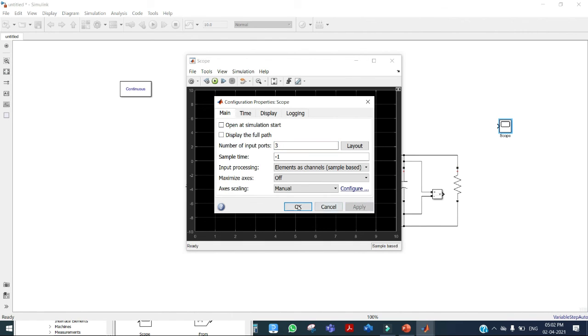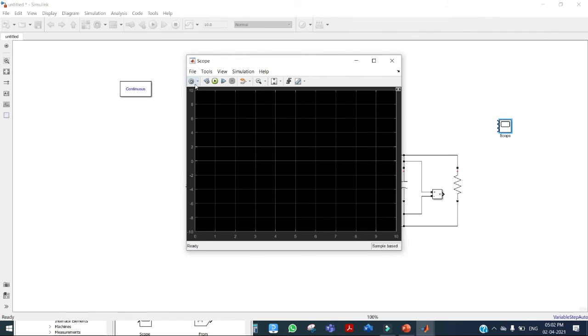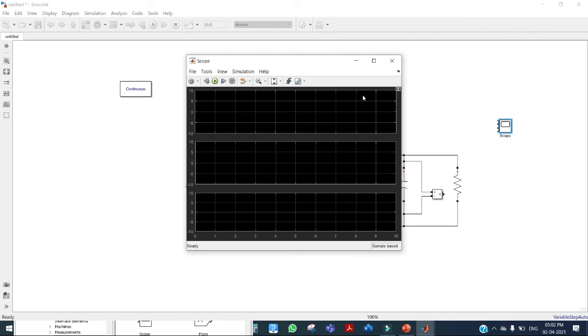We need 3, so apply and OK, and click on this one. We need to make it 3 blocks. Okay, so it will measure 3 signals separately.